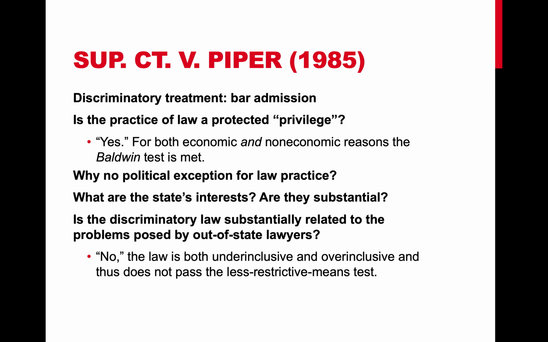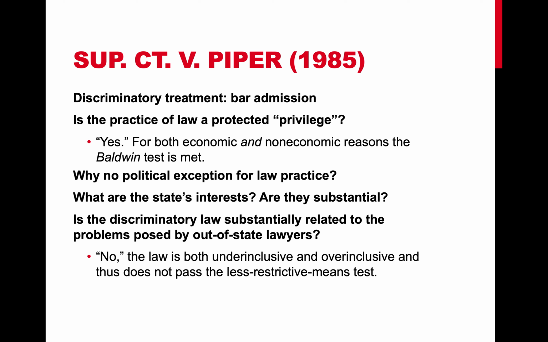So the rule gets struck down then as a violation of the Privileges and Immunities Clause. Right. We get a fairly lengthy dissent by Justice Rehnquist here starting on page 386. Justice Rehnquist is critical of this least restrictive means analysis. He suggests that there should be more attention to federalism here, that law is special. Justice Rehnquist thinks the practice of law shouldn't be treated as just any other